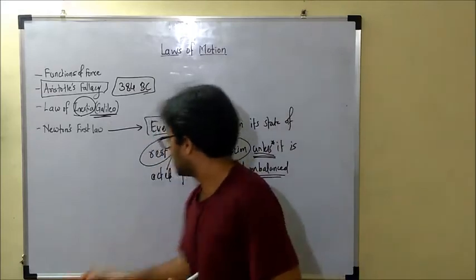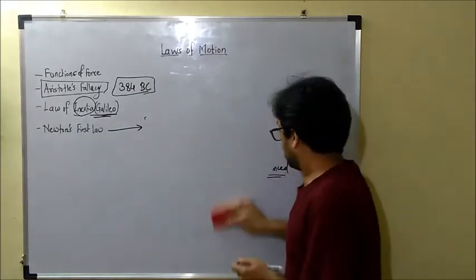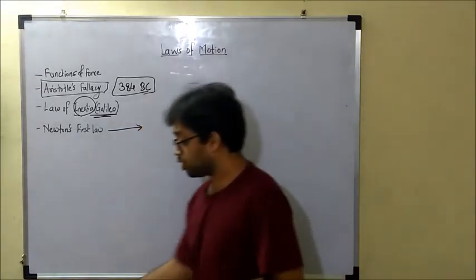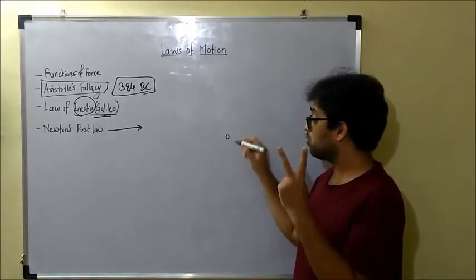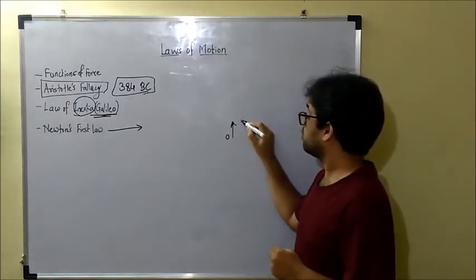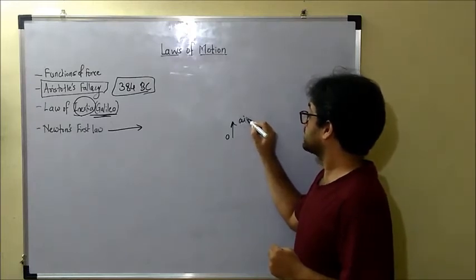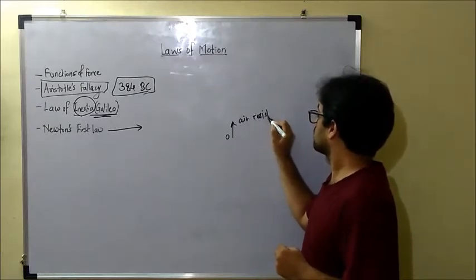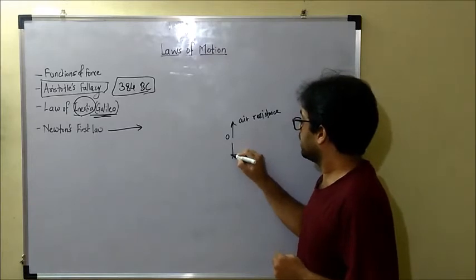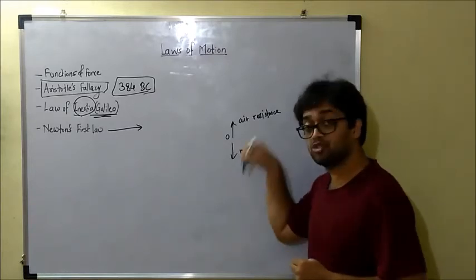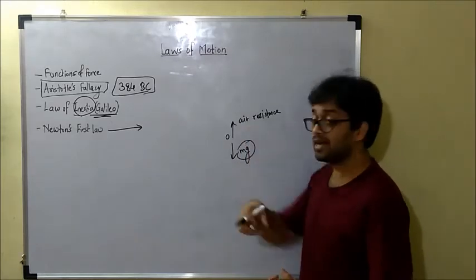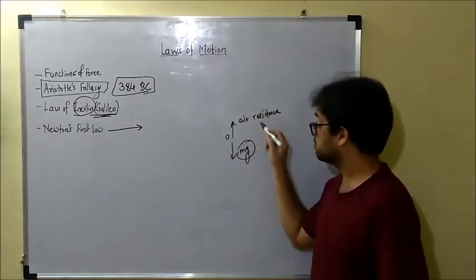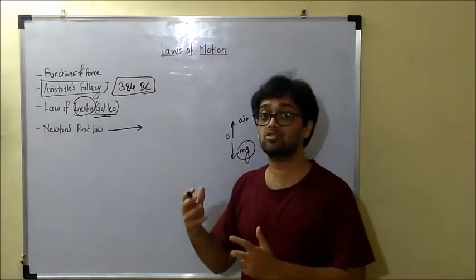You can take many examples. A raindrop, probably moving down from the clouds, has 2 forces acting on it. One is the force of air resistance, and the second one is the force of gravity, mg downward. That means gravity is pulling it towards the earth, and this is the air resistance force. After some distance, these both forces get balanced with each other.